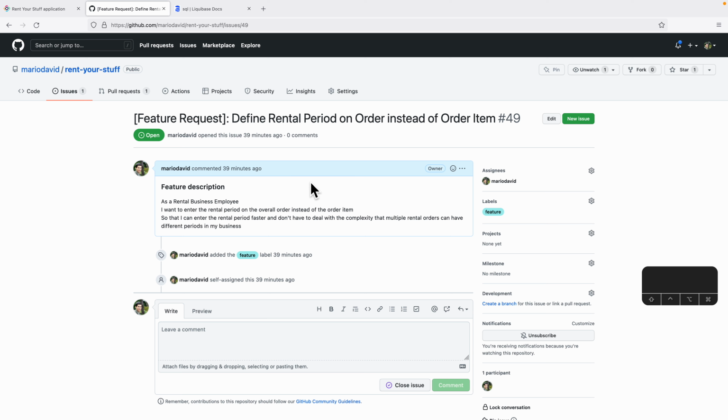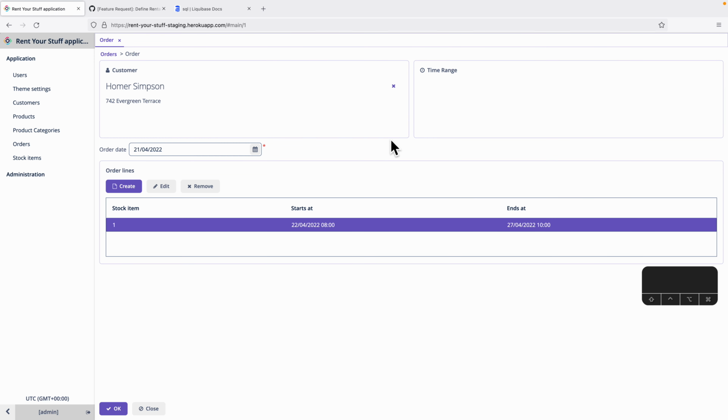And in order to achieve that, we can do two things. First of all, we will adapt the UI and make this happen accordingly. And we have to change the data model and do a database migration. In this video, what we are going to tackle is changing the data model first, and then dealing with the